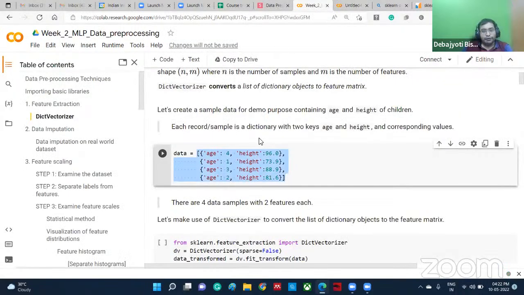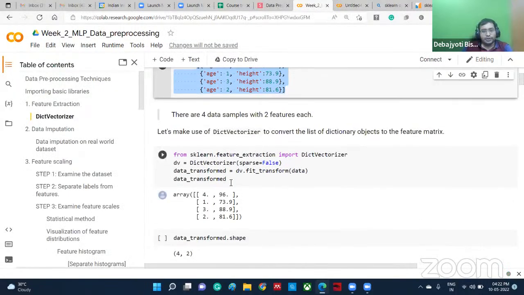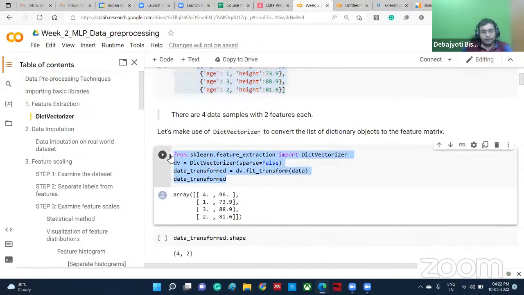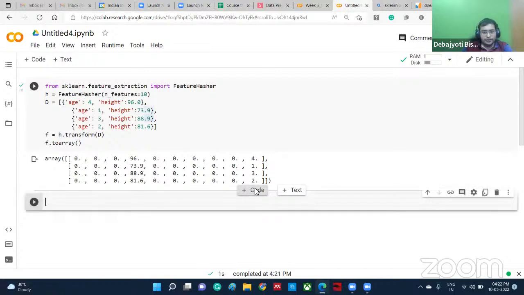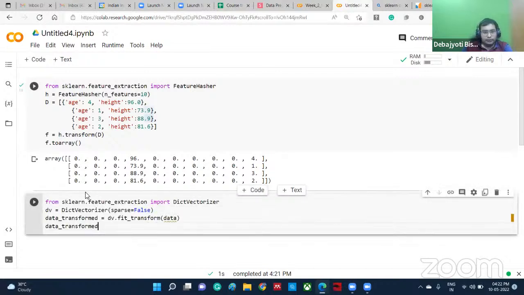Similarly, similar thing if we do with dict vectorizer. Let's see. Was this a sparse matrix? Yes, this creates a sparse matrix. So if we see with the dict vectorizer, on the other hand,